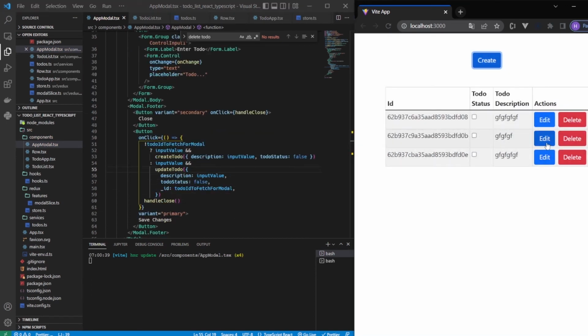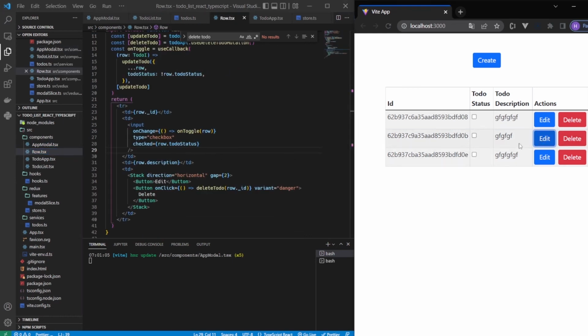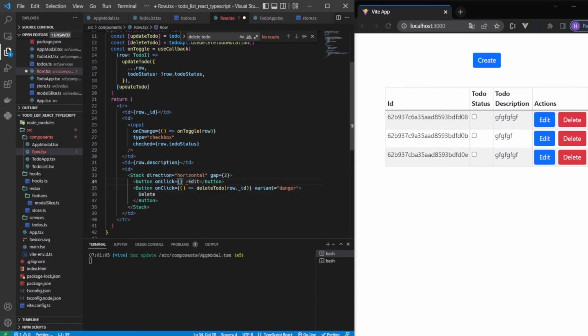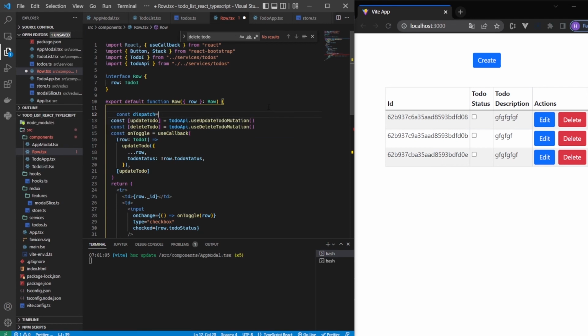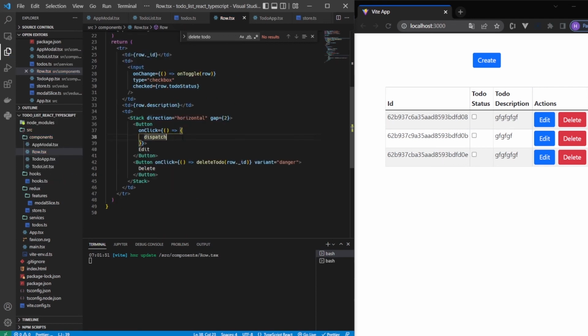Let's see it in action. All right, the edit button still does not work. Let's go to our row to make the edit button work. Whenever we click on the edit button, we want to dispatch two actions. So what we dispatch here is dispatch. Const dispatch is equal to use app dispatch. And now we can dispatch